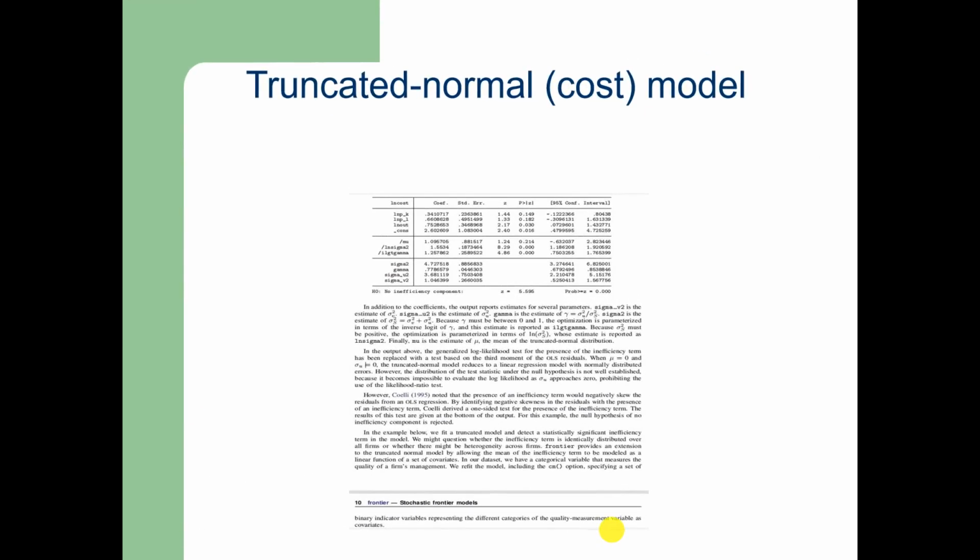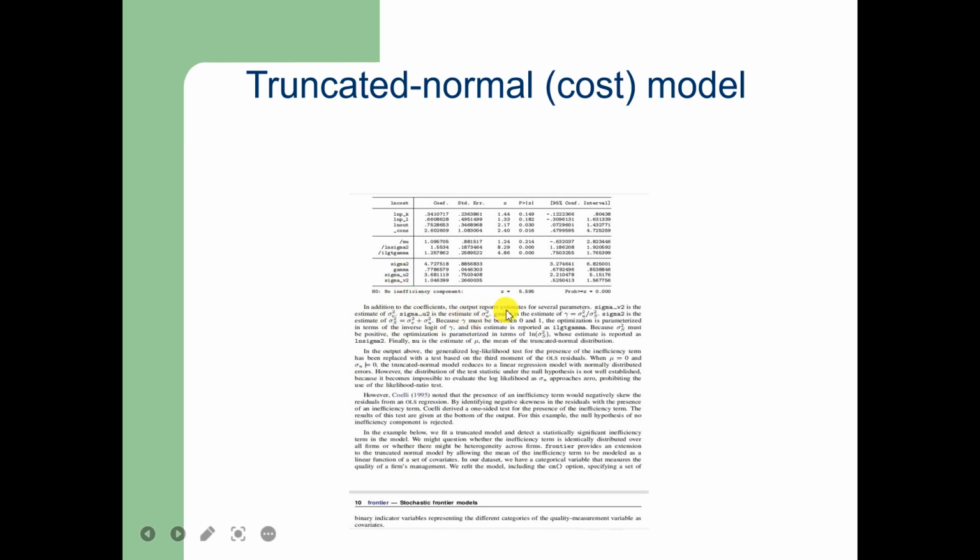After this, I'm going to show another model that I estimated in Stata, and this is the stochastic frontier cost model, which is with truncated model. In addition to the coefficients, the output reports the estimate for several parameters, that is sigma v square, which is the estimate of sigma square v, and sigma u square, which is the estimate of